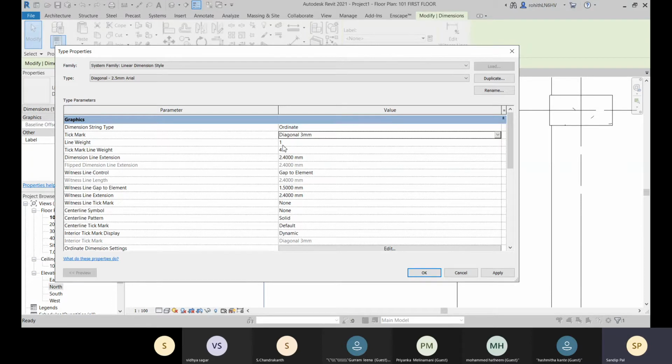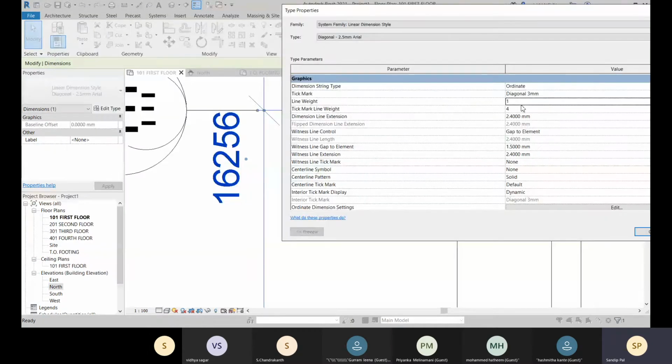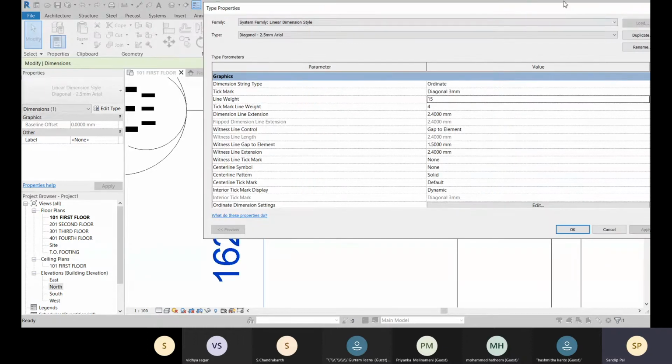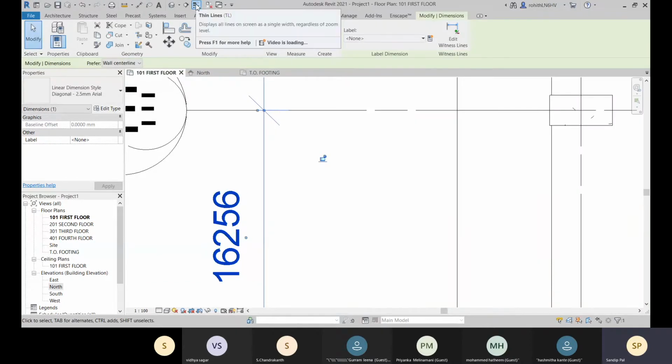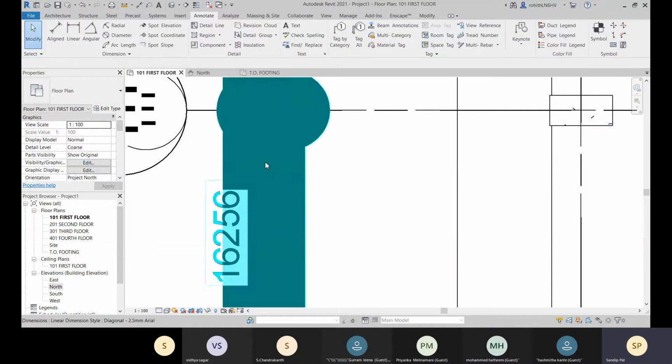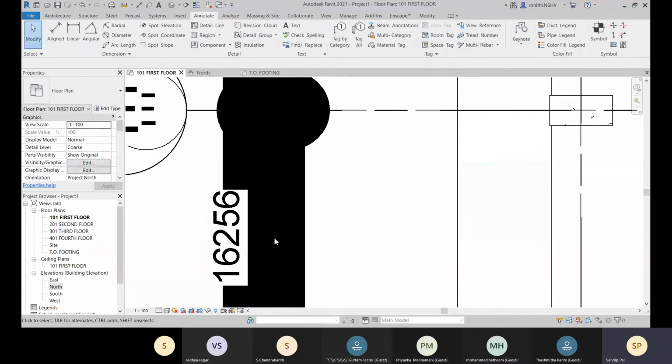For those tick marks, the line weight is 1. Sorry, not for that. That is for your dimension line. The line weight is 1 and the tick mark line weight is 4, so you can change it there. Let me show you. If you go for this line weight over there, and let me go for 5 or 15, and if I go for this apply, and here you can see it. Let me go for this OK, and let me uncheck this thin line option, and now you can see this is okay.